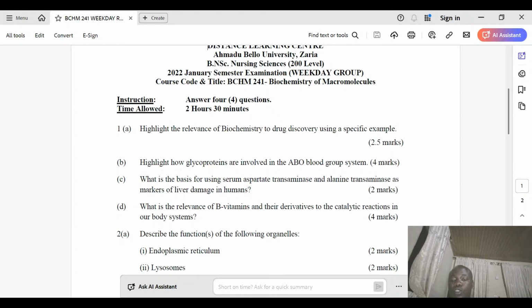Lysosomes are also known as the suicidal pack. It helps to engulf toxic substances or even microorganisms. When microorganisms are engulfed by the immune cells, it is these lysosomes, because in the lysosomes we have an enzyme called lysozyme, that degrade them. So the bacteria and the foreign substances that can cause damage in our cells are digested and degraded by the lysosomes.